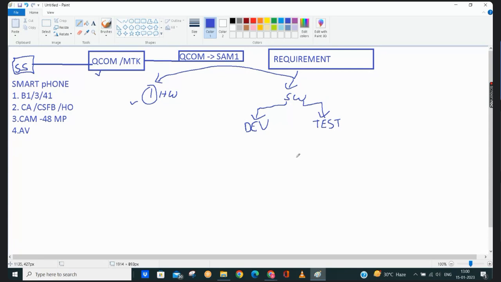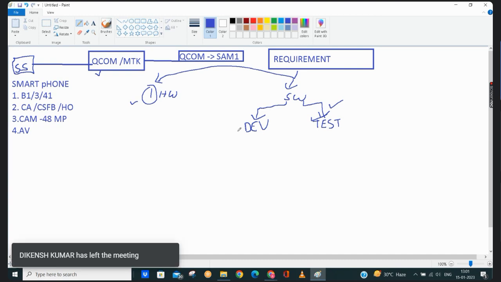After that we are part of the testing team, who will test the software, test the requirements and find out the defects. So we are part of the protocol testing team, means we are testing the protocols. These are general things, in every software industry we have these teams. So now I'm leaving the development part, I'm explaining the testing part.